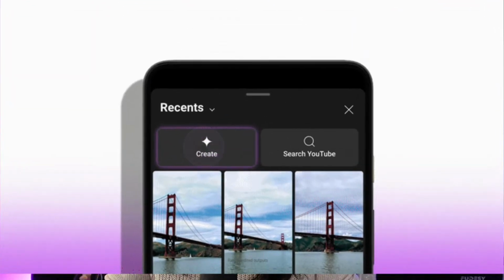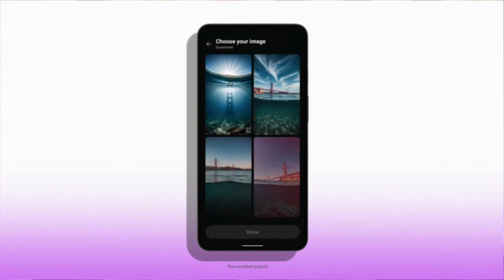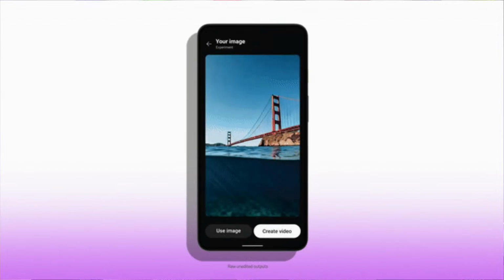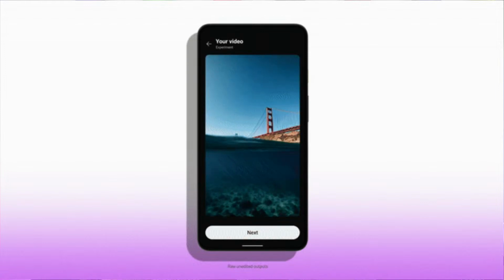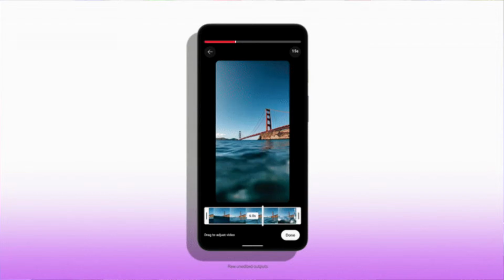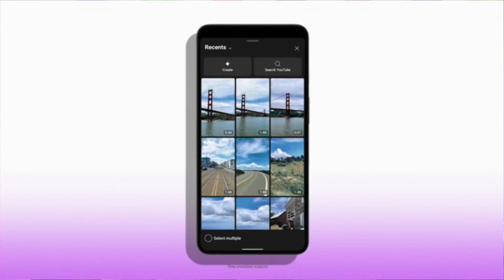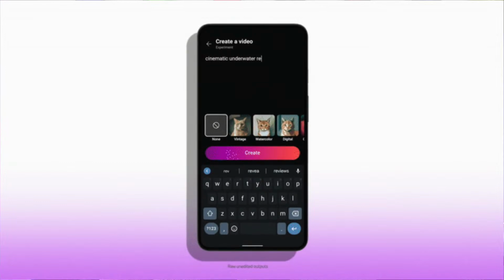There we go. So this little guy here is saying you put in the visual prompt, right? And you're like, cinematic, underwater reel of the Golden Gate Bridge. And so it has 4 different options. You select one, and here we go. We have a 6-second video from your prompt. Now you can then select this one and then drop it down into your timeline, and you can see across